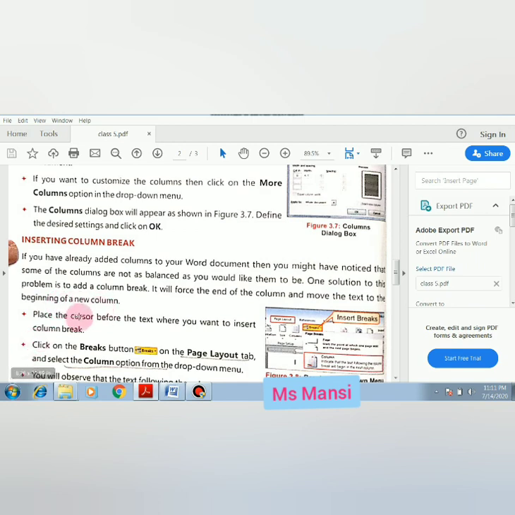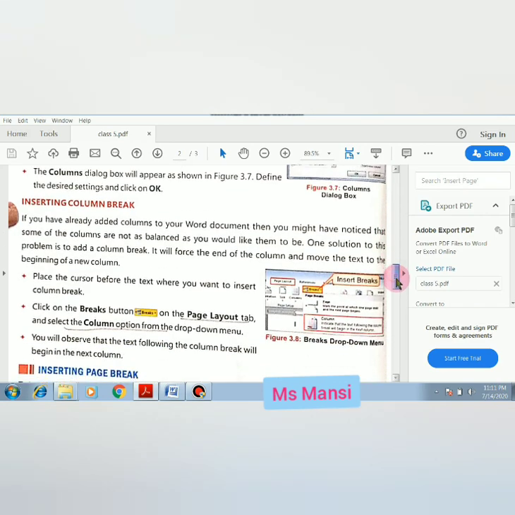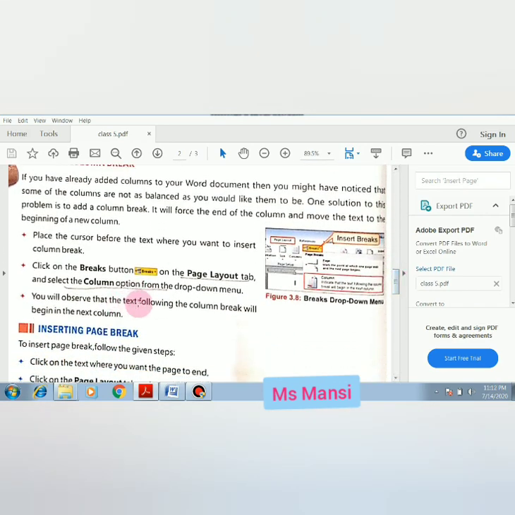Clear? So how will we break a column? Follow these steps. Place the cursor before the text where you want to insert a column break. Click on the break option on the layout tab and select the column option from the drop down menu. You will observe that the text following the column break will begin in the next column.